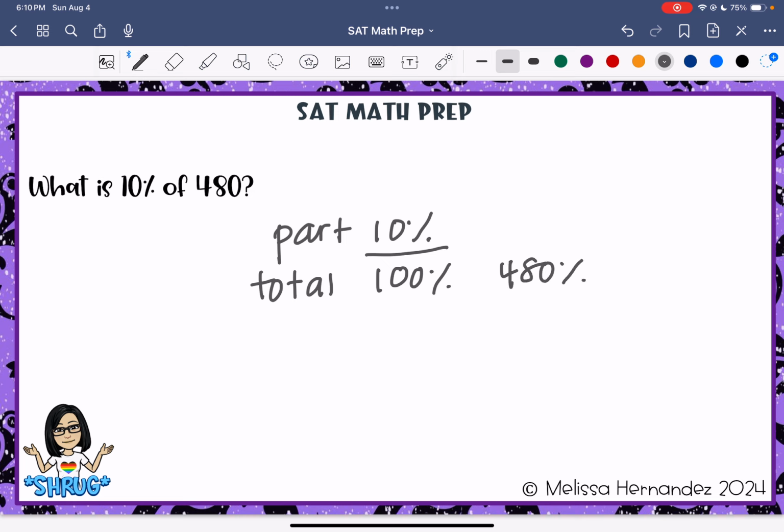100%. And I hate to say this, but since it's an SAT prep, typically it is over of. That kind of will help you. Okay, so these are two equivalent ratios. What I like to do is simplify. So 10 divided by 10 is 1, and then 100 divided by 10